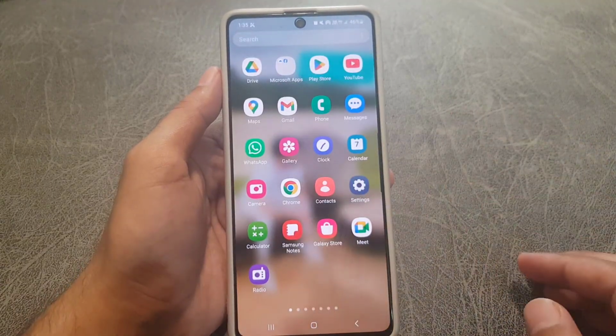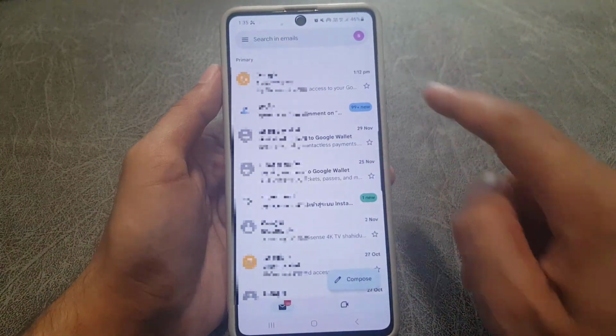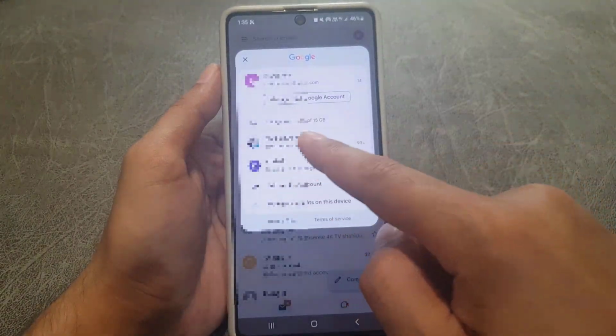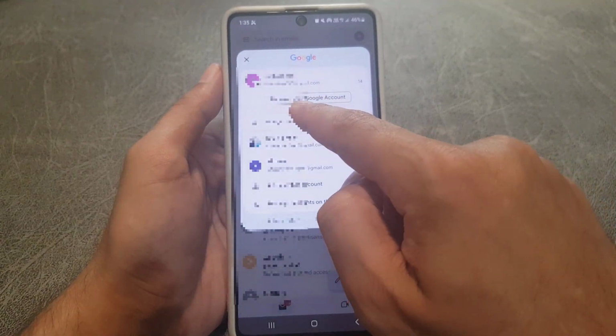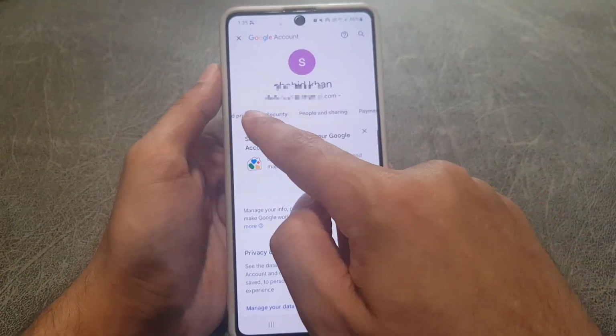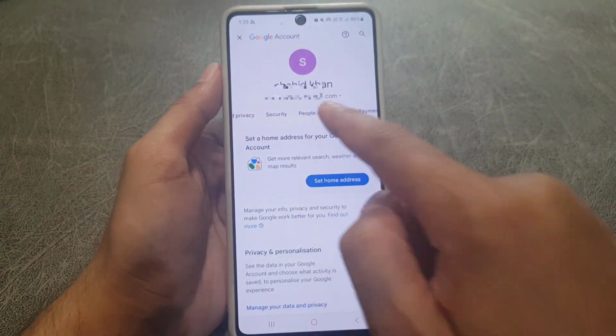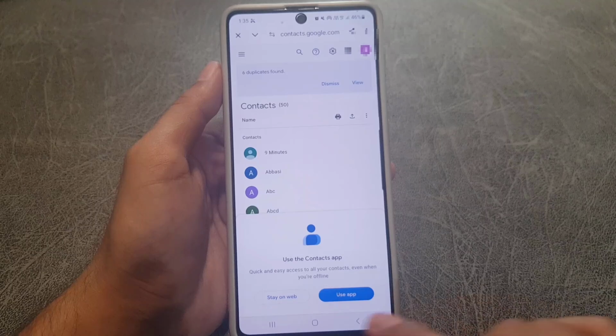First thing you need to do is to go to your Gmail, and once you are on your Gmail, you need to select the account that you have the contact saved to. You need to tap on then manage your account. From there, you need to scroll a bit, and where you will find people and sharing, you need to tap on that one, and here you will find contacts. So once you find contacts,